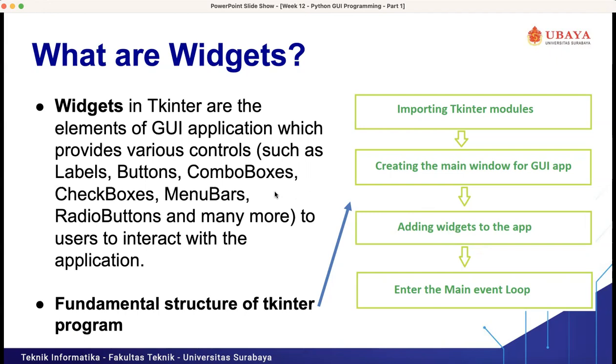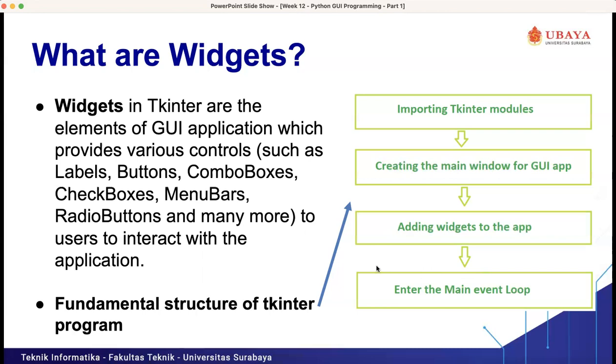This is the difference between Java and Python. It will be harder if we compare with Java, but it's not going to be a problem.